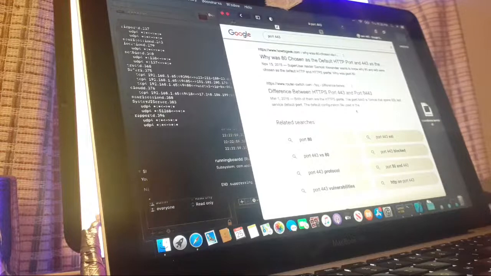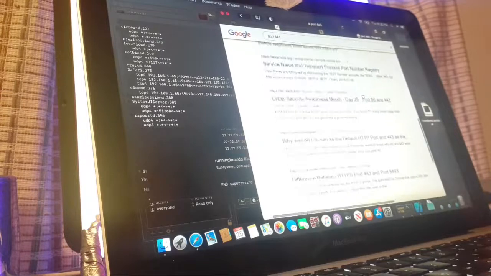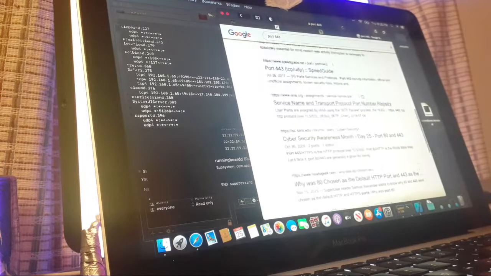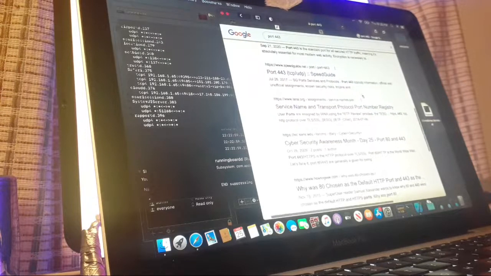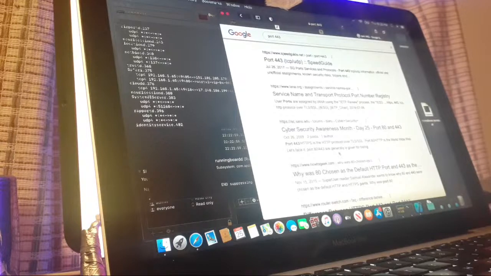It's a HTTPS port. That's what it's saying, but it's some kind of... Port 443 HTTPS is the HTTP protocol over TLS SSL. Port 80 HTTP is World Wide Web. Let's face it, port 80 and 443 are generally a given for being